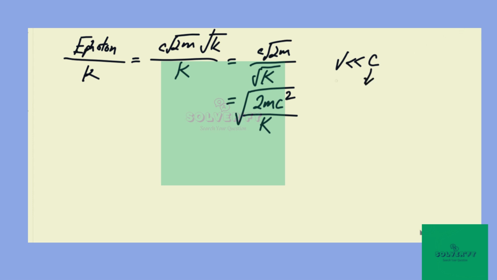This means that our velocity is not relativistic, and it also means that the kinetic energy is much smaller than the rest energy of our electron. If we really want to, we can substitute in K as half mv squared,